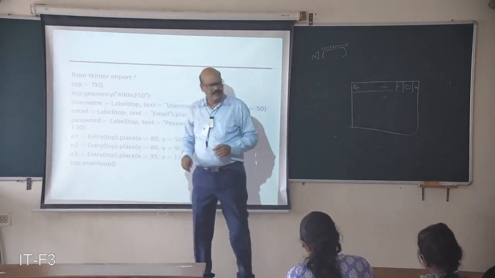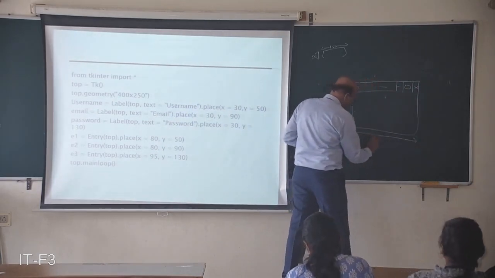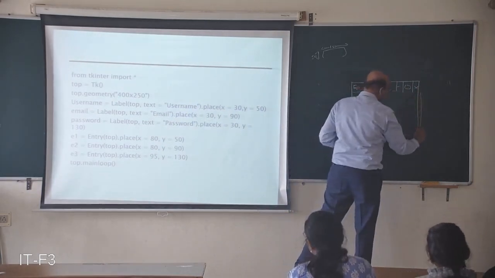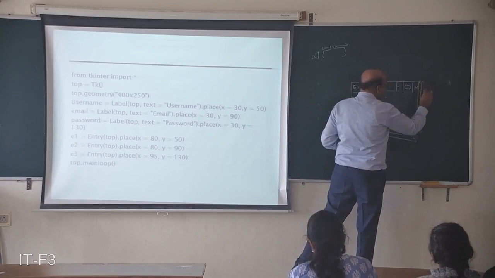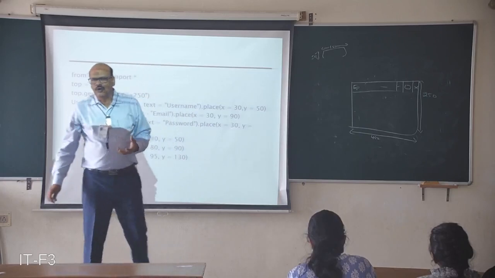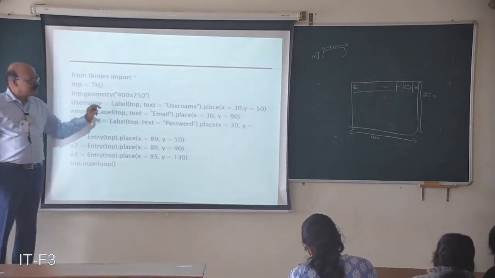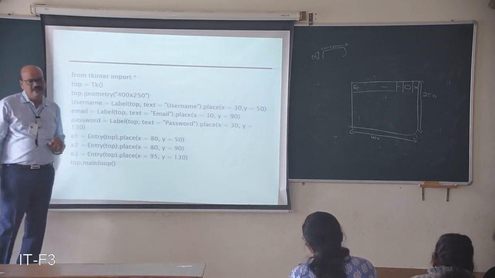So what is the geometry? 400 by 250. So the width of this window is set to 400 and the height is set to 250. If you want to set the window size, you can use top dot geometry, width times height, inside the